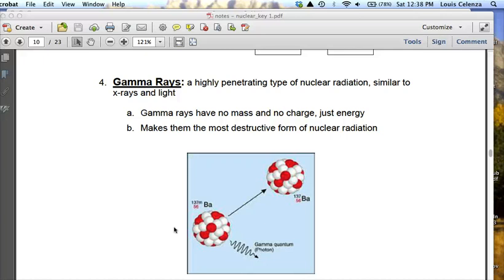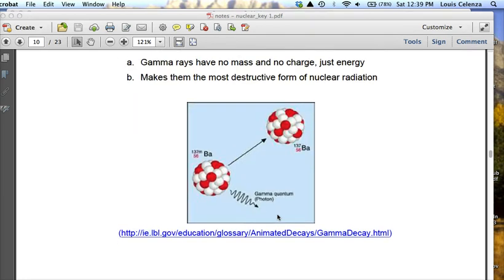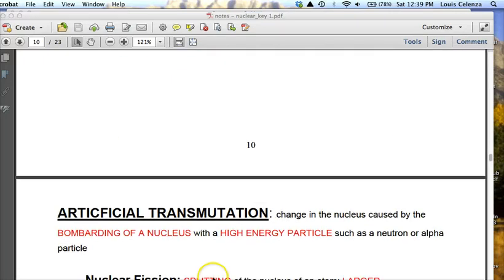So when gamma rays are given off, again, that's pretty much similar to X-rays, high energy X-rays. So no new element is formed as a result of gamma rays being given off. But remember, gamma rays are extremely dangerous. And they have no mass, they have no charge. And that's it for